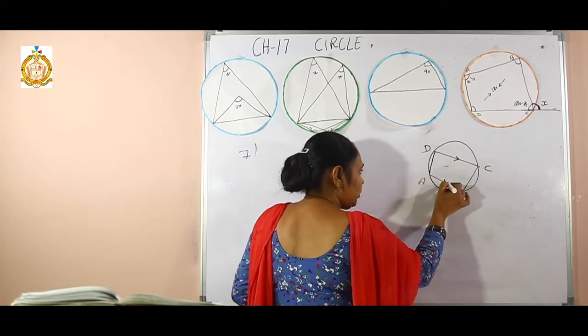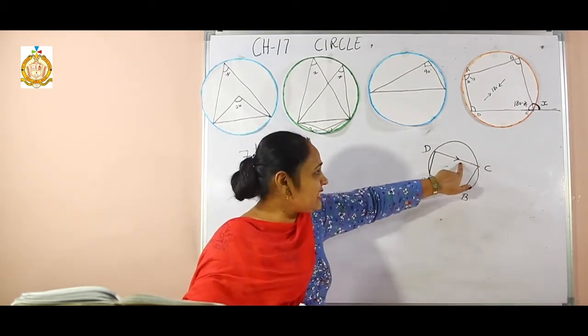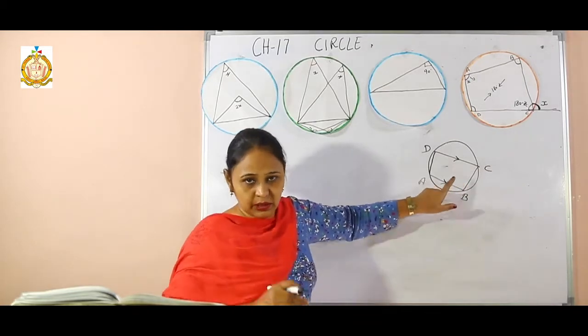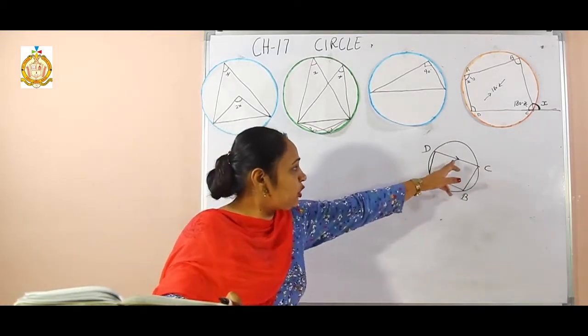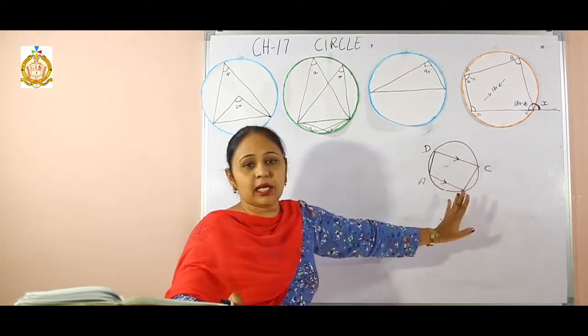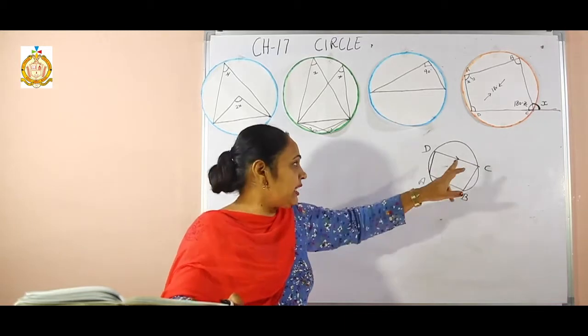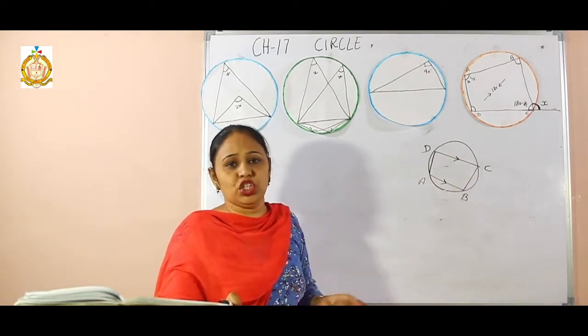There are 2 arrows given. What is the meaning of arrows? That means these 2 lines are parallel. In the statement that is given. But in a few statements they give only the arrow in the diagram. They don't write that DC is parallel to AB. We have to understand that if the arrows are given, that means the given lines are parallel to each other.